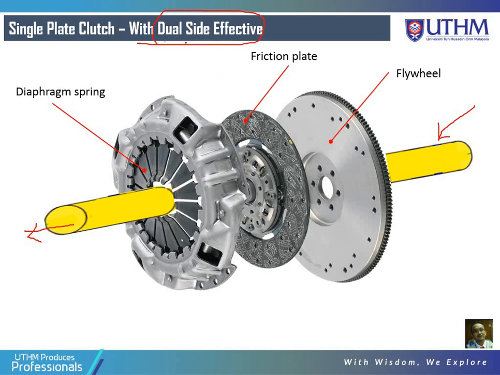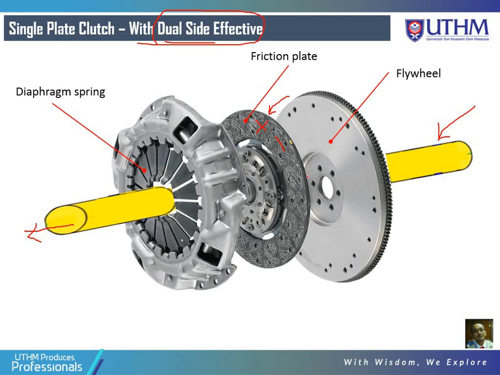Dual side effective plate means that the section facing us is effective on the friction, and on the back side there is another surface that is effective, meaning there are two surfaces of connection. I mean, not two plates, it's a single plate, but with two surfaces